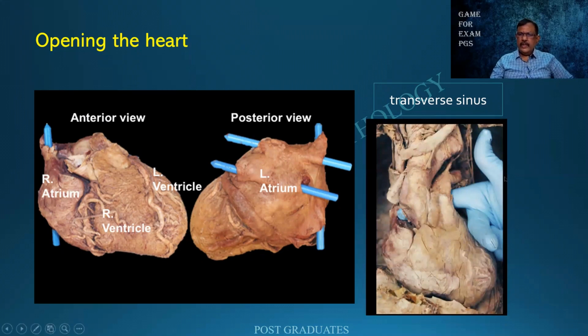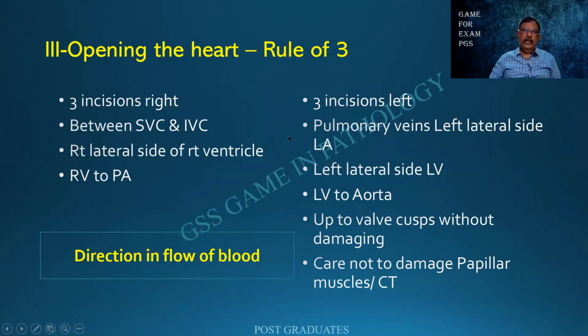And this is a transverse sinus. Look at the dissector. He has put in a digit of his. There is a plane of separation between the great vessels and what is behind. This will have to be taken into account. Also, people used to ask, where are the coronary ostia? Immediately after the aorta comes out, the first group of openings will be the coronary ostia, from which we will be getting the coronary arteries. Sometimes it is described as the sinus of Valsalva. In the next few slides, I shall be showing you magical pictures of opening the heart.